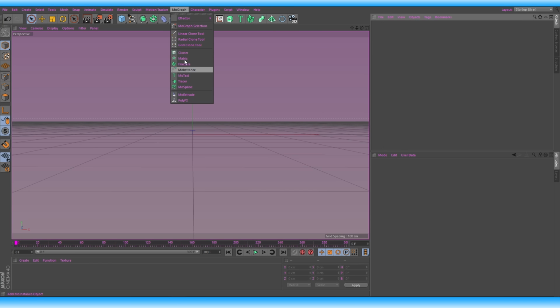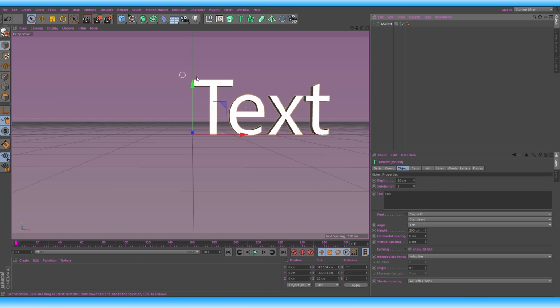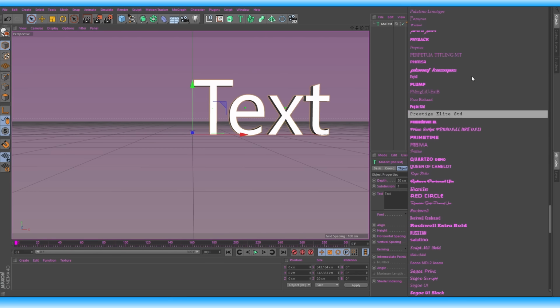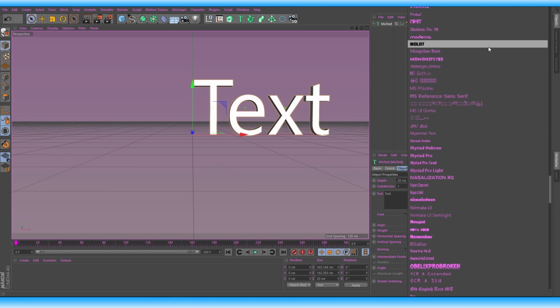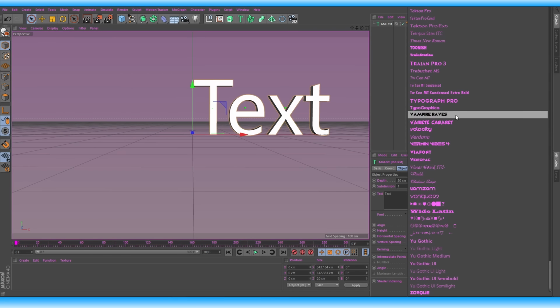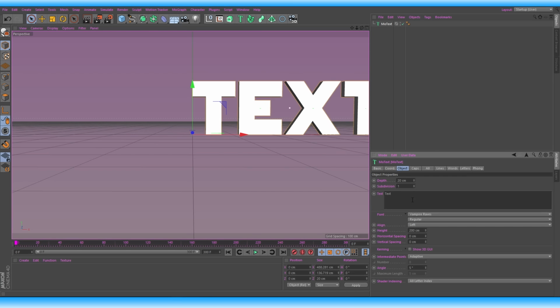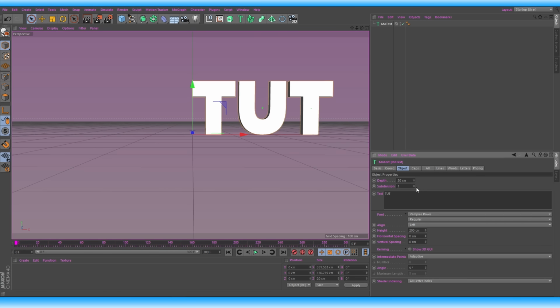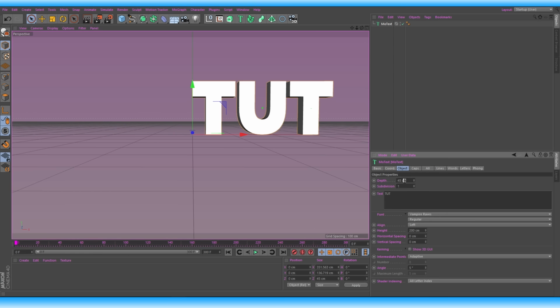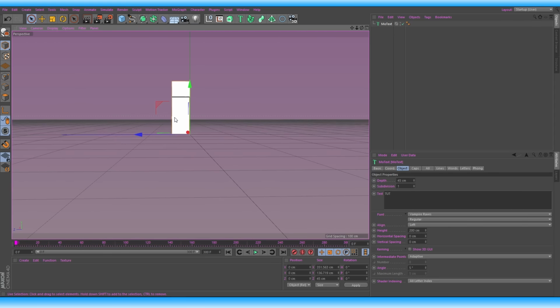So what we'll do first is go to MoGraph and get a MoText. We'll look for fonts, so I'm gonna go with Vampire's Raves because it's just the basic and easy to work font. Then I'm just gonna put tutorial in here because, well, it explains itself. And then we're going to make the depth of the text 45. So that means the text is 45